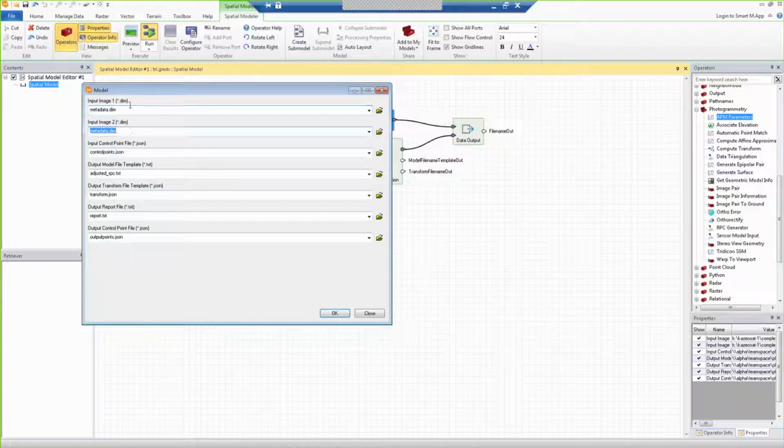For Cassiopée set 1, they use metadata.dim. It's a special type of proxy file for the raster. So then we have this control points JSON file. Then for the output folder, we put in the location for the transform file and the report. Once you provide this information,